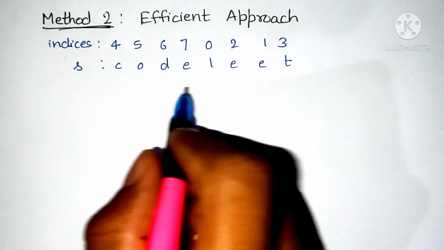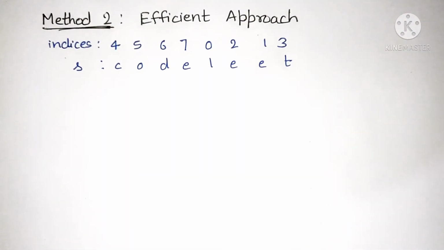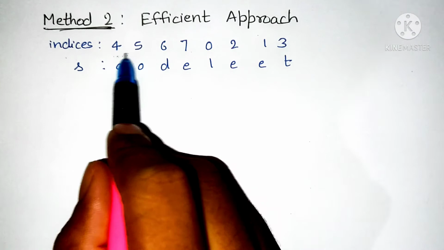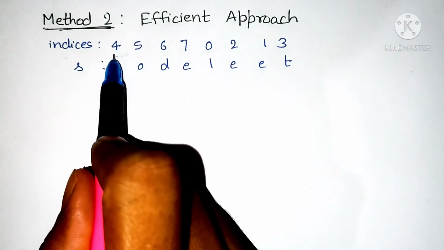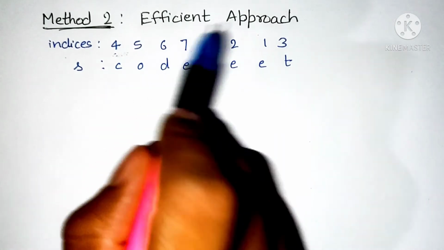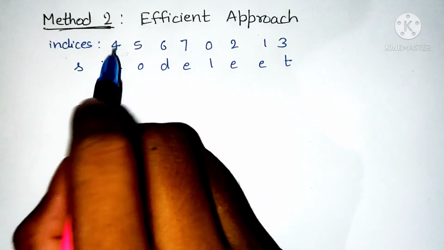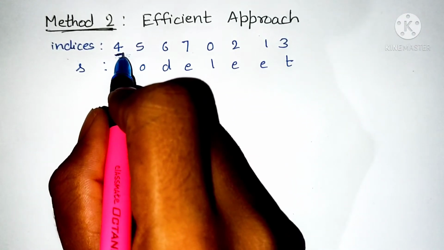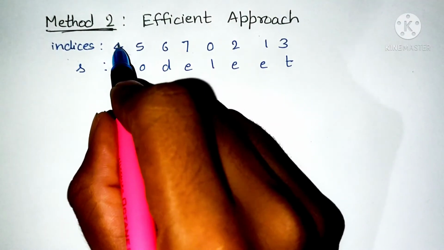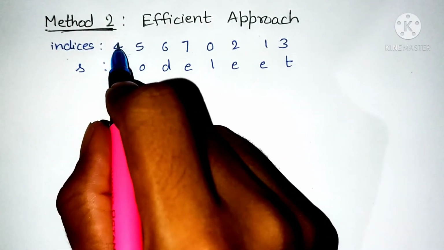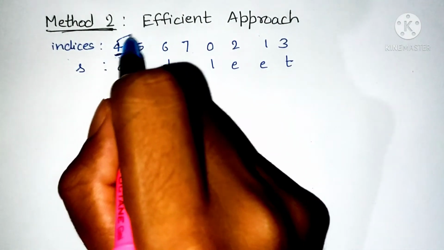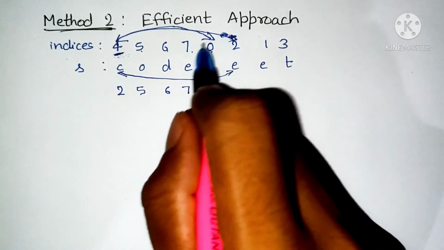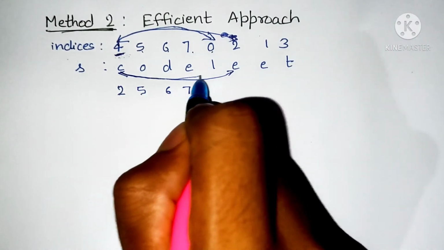Now let's see one more method to solve this question. In order to solve this question, we can use cycle sort. What is cycle sort? In cycle sort, we start from the beginning and we see that in this particular type of problem, if we start from the beginning, here the first element is 4, right? So we know that this will go to the 5th place, right? So what can we do? We will swap these two, because 0 1 2 3 4, this is the 4th place, this is the 5th place, right? So we will swap these two and these two.